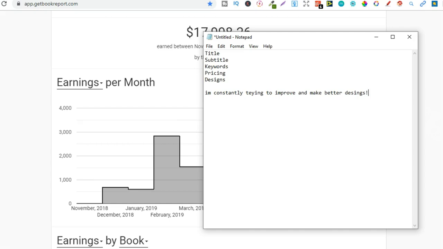See, my designs from when I first started to where I am now are a hell of a lot better, but I do also pay for graphics now and also fonts, which also gives my book a better look. So these are the 5 factors I believe determines your success: your titles, subtitles, keywords, pricing, and